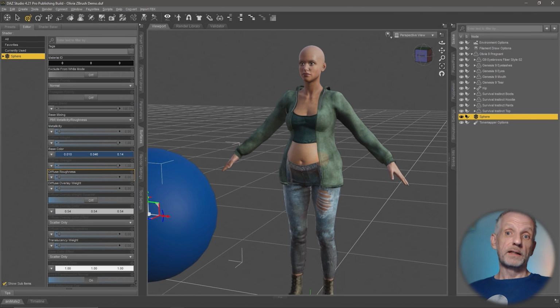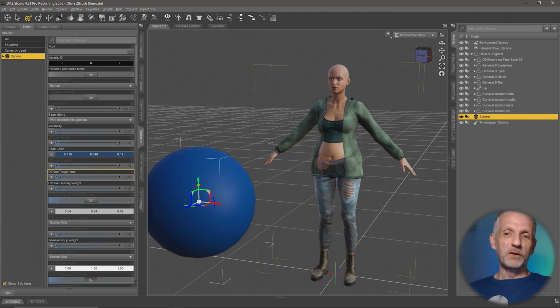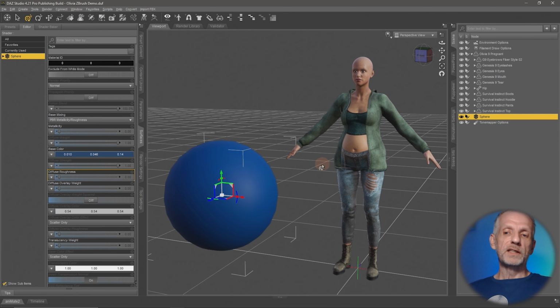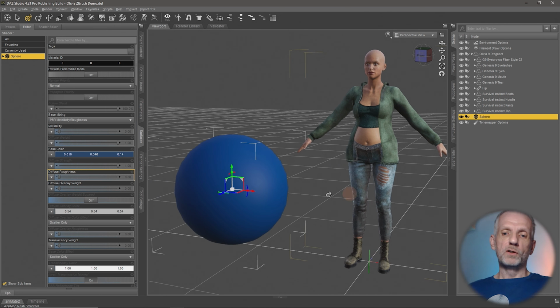adjustment here. I have to tell you, this was slightly difficult to find an example of things on Genesis 9 because the new figure generation just drapes conforming clothing so much better than previous generation worked out. So Genesis 9 clothing hardly needs any fixes at all these days. It's kind of cool. But before we get to Olivia, let me go and focus on the sphere here and